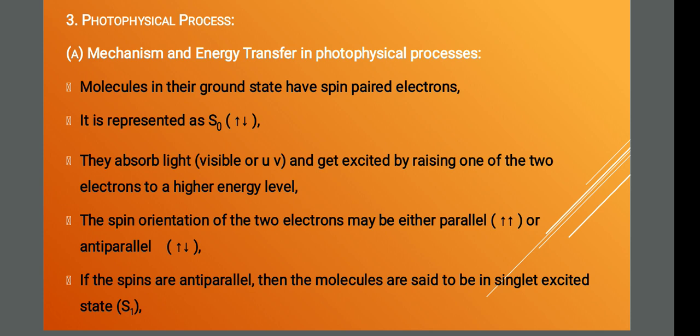I'll repeat the same thing once again. So molecules, when normally in the ground state, we call S0. It will be having a rotation. Is it okay? As it absorbs light, the electrons get excited. So sometimes it moves in parallel spin, both the electrons in the same mode, and sometimes in anti-parallel spin, where one goes forward and one goes reverse. Is it okay? The spin will be in that mode.